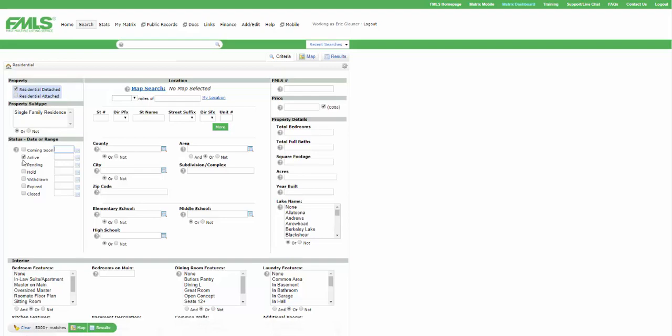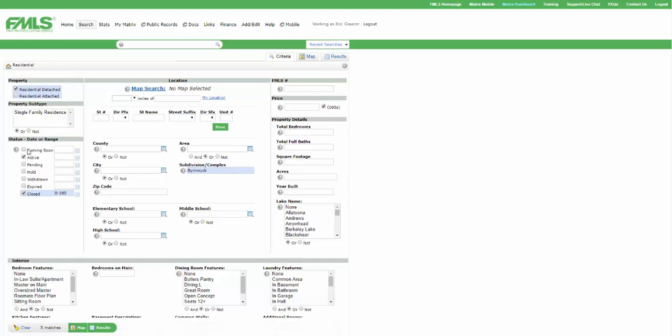For my kind of CMA-ish presentation style, I want to see actives, I want to see solds, right? I'll talk more about what kind of statuses you might put on a CMA later. But for right now, I'm going to do active and closed. And this person has told me that they are in the Burnwick subdivision, very Welsh spelling there. Burnwick. What I can see in the lower left corner of my screen right now is that I only have